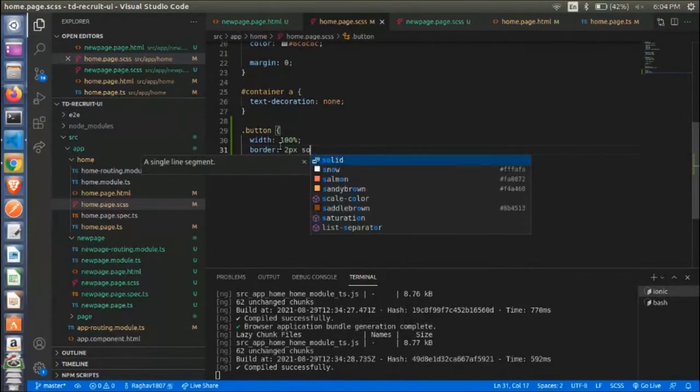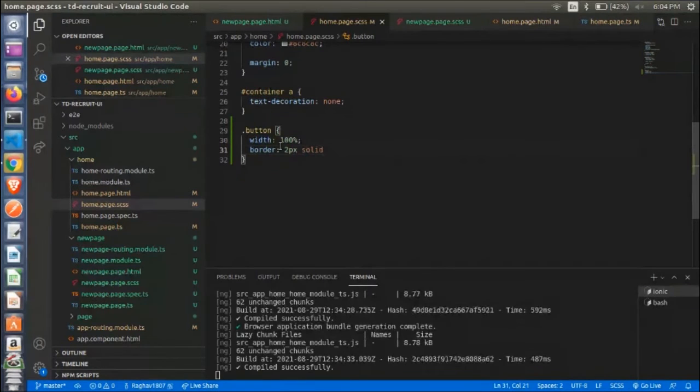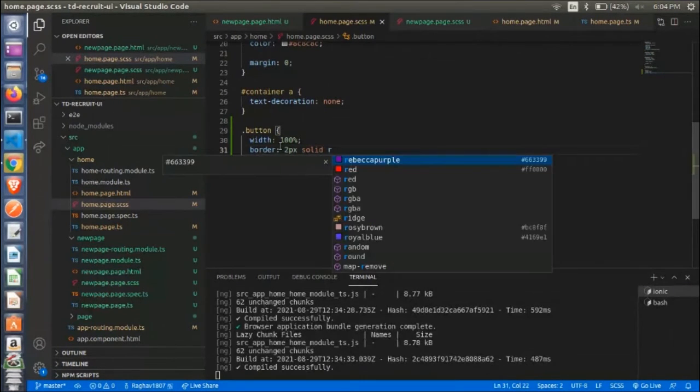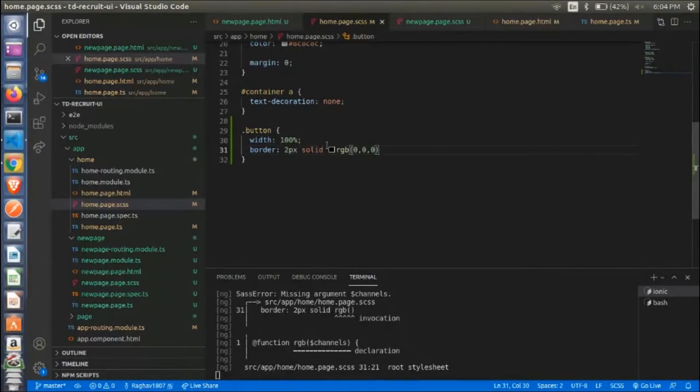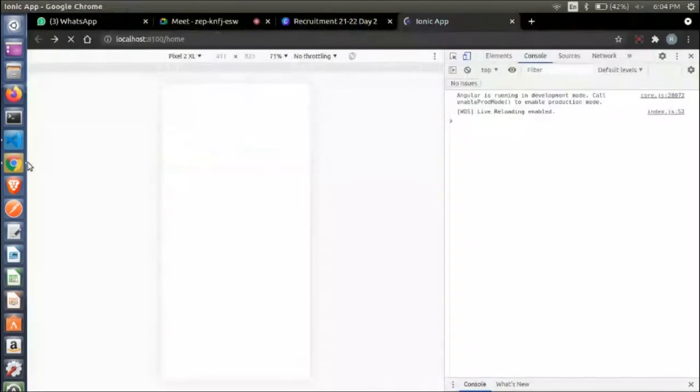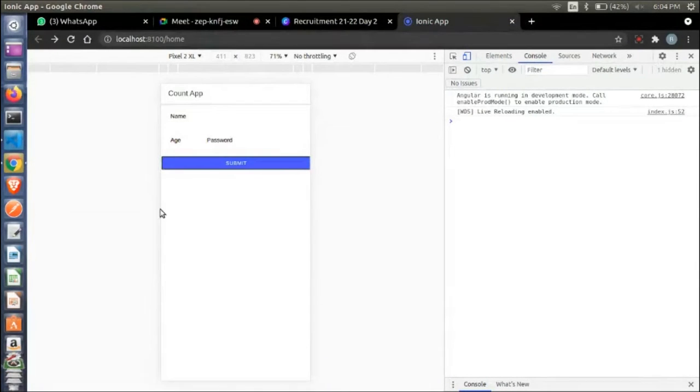Then what type of border we want, I will specify it as solid, and the color. Let me give the color as black, for which the RGB is 0,0,0. So as you can see, a black border has appeared around the button.